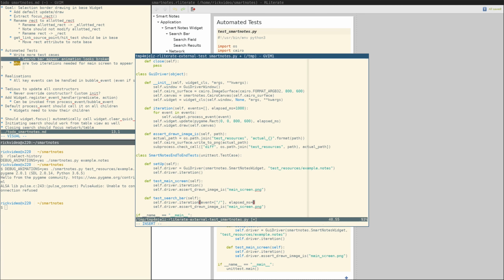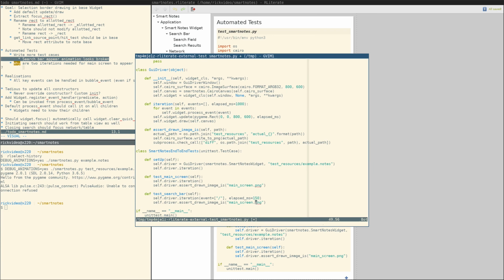I'm not sure what the animation time is by default, perhaps 300 milliseconds, because we looked at that in the previous session for the network widget animations. So let's set this one to 150, and the search drawn image is, let's call this search bar halfway, and